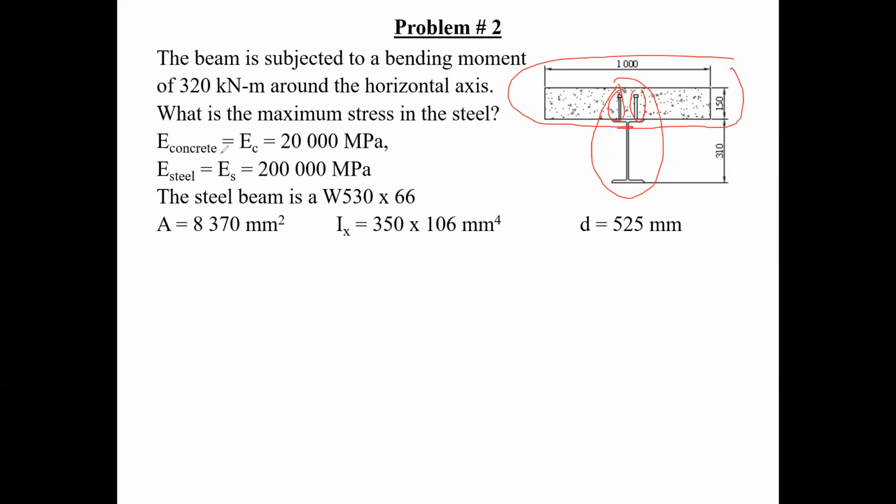Now, here we have the modulus of the concrete, the modulus of the steel. That's always going to be 200 MPa. Okay, and basically, you always transform the concrete to steel in this case. Okay, now this is the